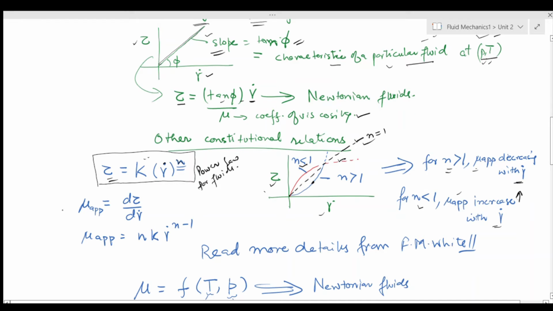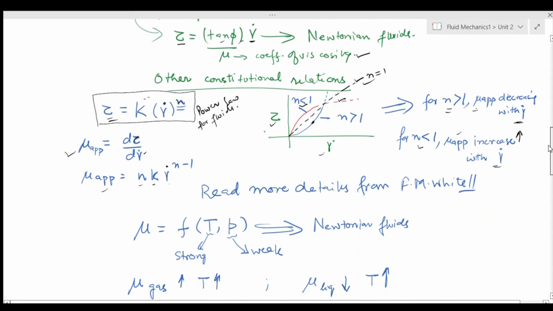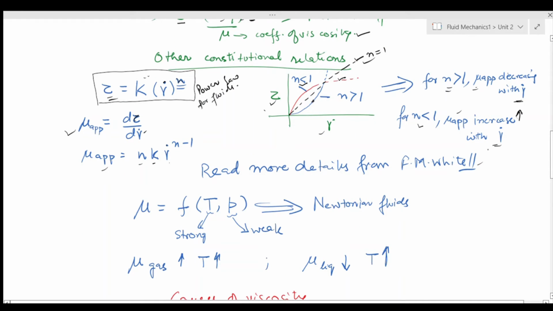And I can say that my coefficient of viscosity is nothing but dτ/dγ̇. And from there I got this relation that my apparent viscosity is η = K γ̇^(n-1). If you want, you can go to your book, either F.M. White or Fox McDonald, and read more about it, and you can get more details from the book. I would recommend that if you go to the book by F.M. White, they have a very good description of